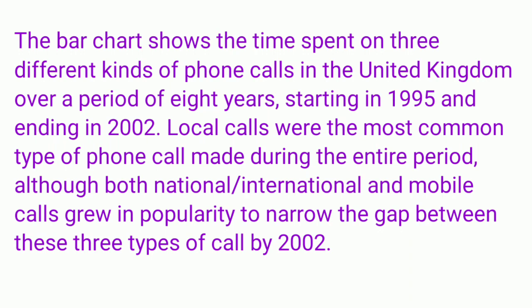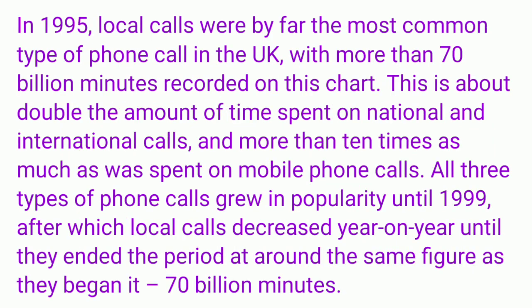Although national, international, and mobile calls grew in popularity, to narrow the gap between these three types of calls by 2002. In 1995, the local calls were by far the most common type of phone call in the UK,